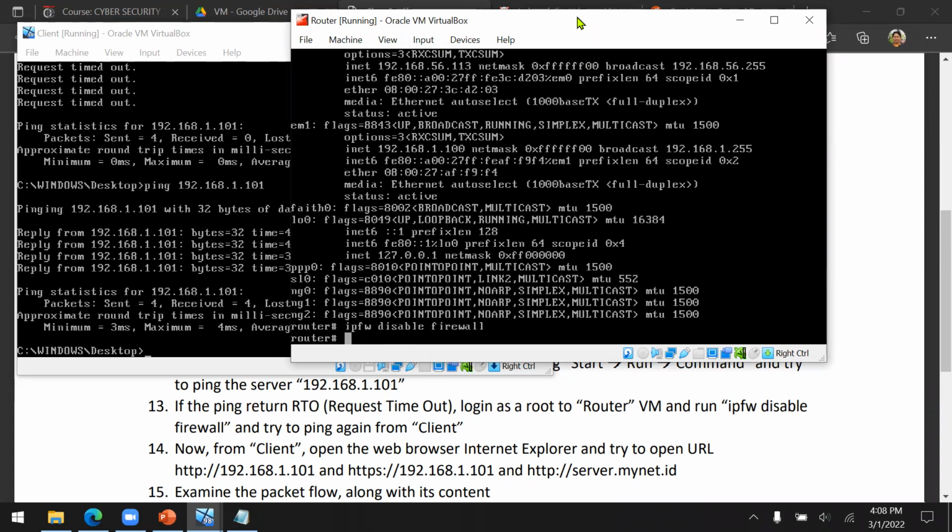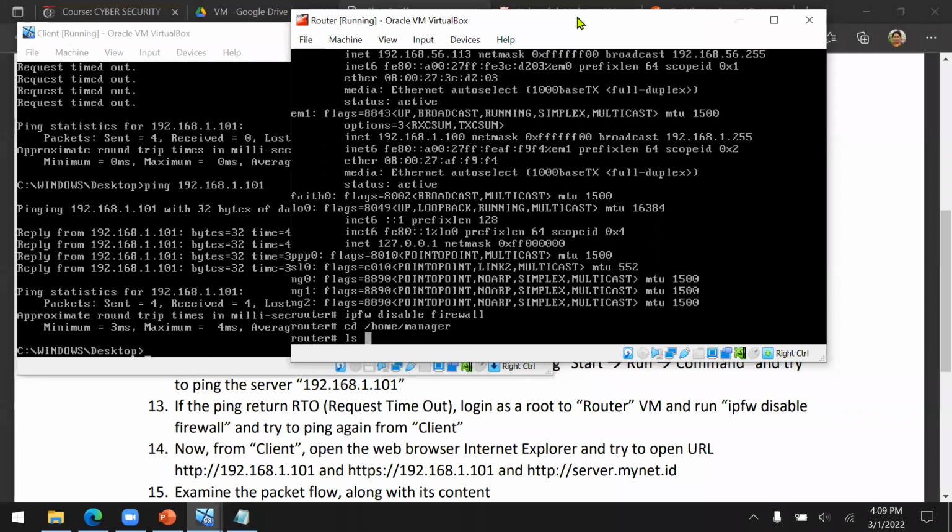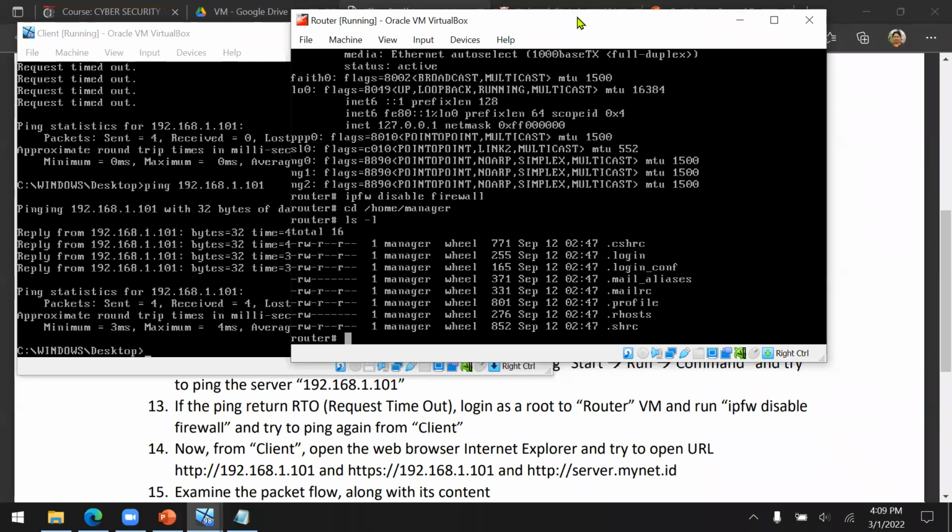First you need to change the directory to home manager, which is a user in the router and also in the server. Here is still empty, and then you can now run tcpdump, then -w, which means write.